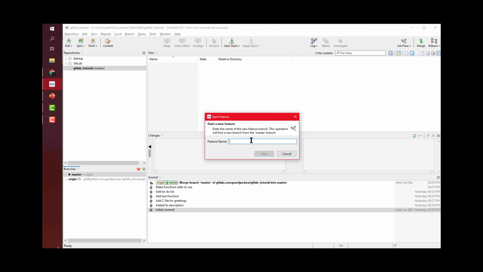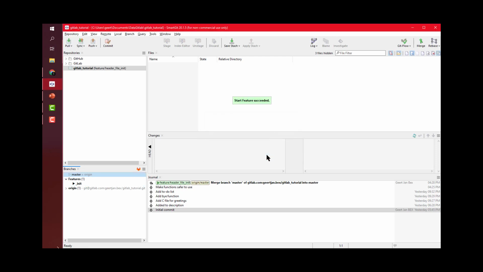And no, it doesn't accept that. So essentially, we can pick any name which we want. So for instance, init, the initial version. Okay, so we start, and now you see that a new feature branch has been created with the name init. Okay, so it has also automatically been checked out, and we can now edit our files